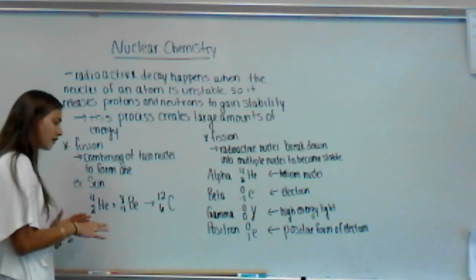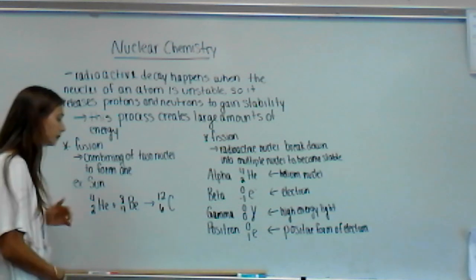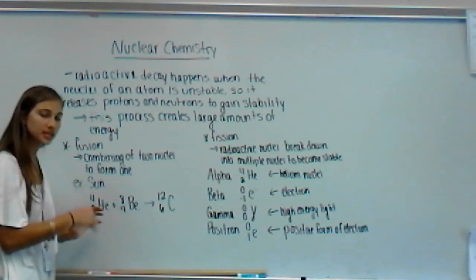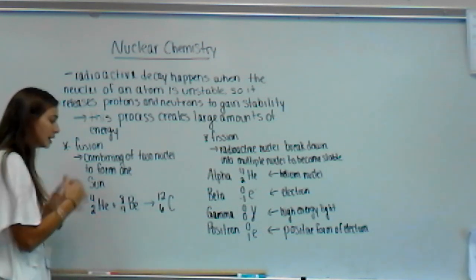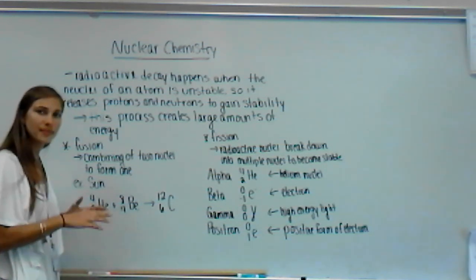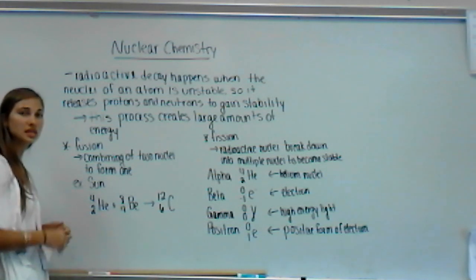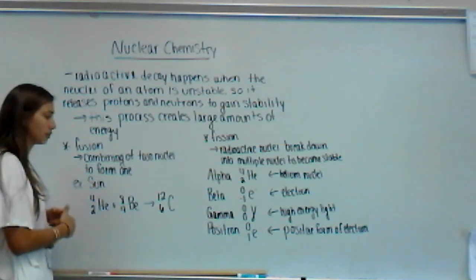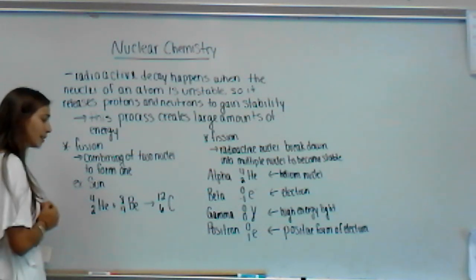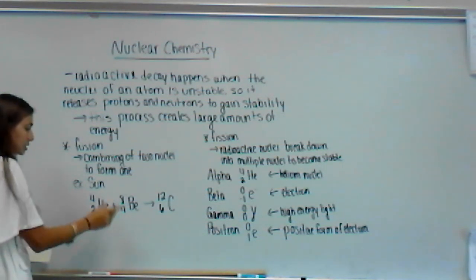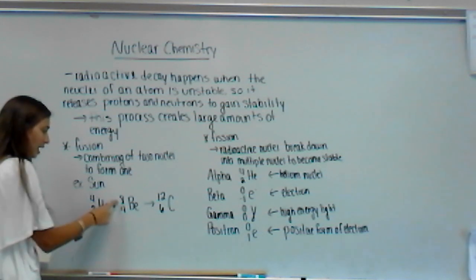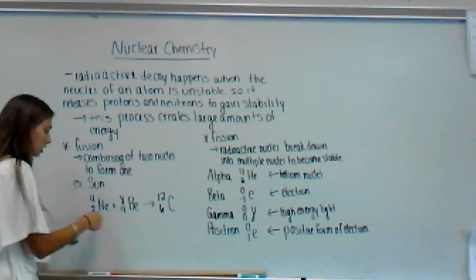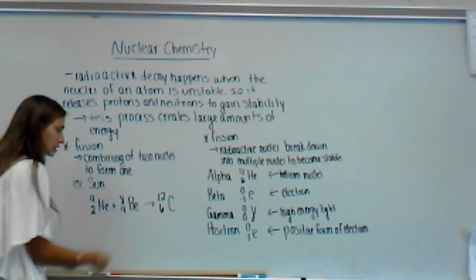This is pretty simple, so just follow along and I think you'll pick up on it pretty quickly. Whenever we are doing chemical reactions, we have to make sure that our reactants are balanced with our products. Here we're going to be doing some balancing, but we're not balancing coefficients. Instead, we're balancing the number of protons and neutrons present. So basically we're balancing the mass and the number of protons, because those are the numbers that are represented here. If I'm fusing together 4,2 helium and 8,4 beryllium, 4 plus 8 equals 12, 2 plus 4 equals 6.